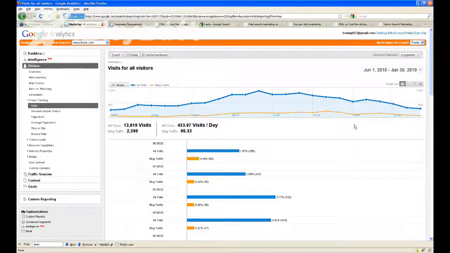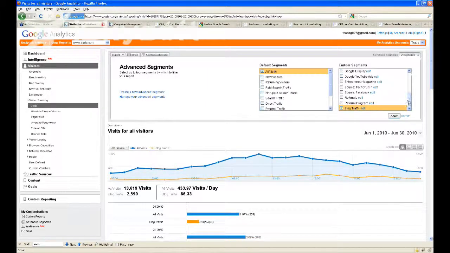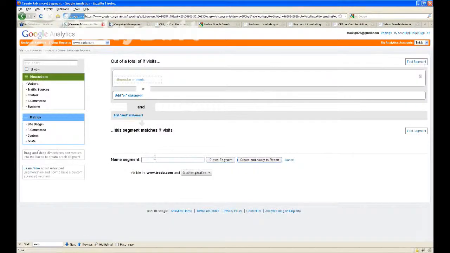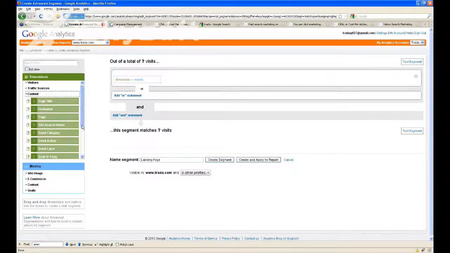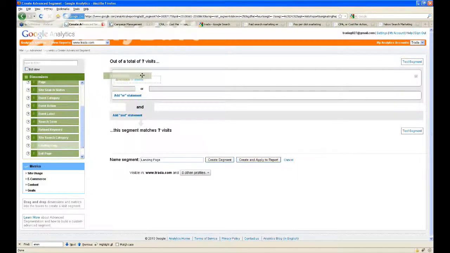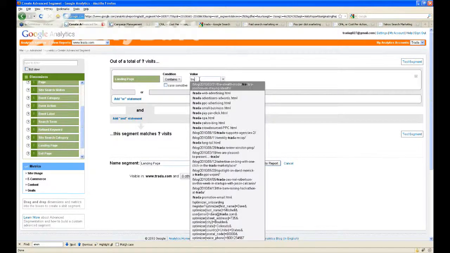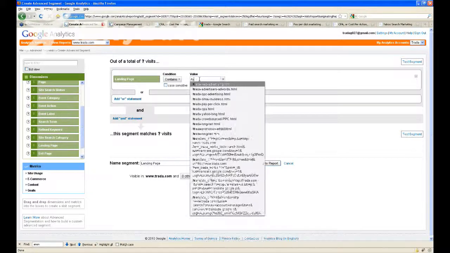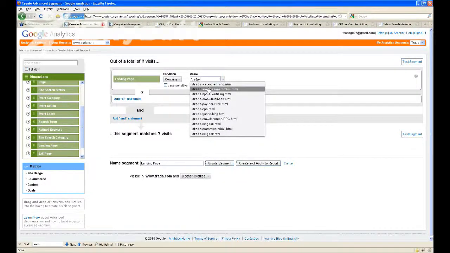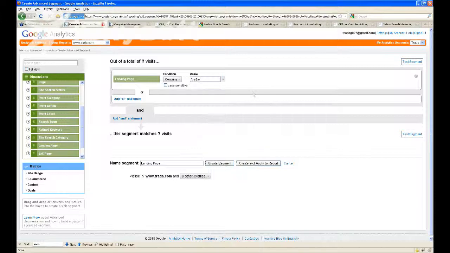Let me show you something that is really interesting. I created a segment. I won't go through the process again. Oops, actually, I will go through the process again. Let me create a segment really quickly that looks for just traffic to our landing pages that we've created for paid search. So I'm going to call these landing pages. We're going to do the exact same thing again, where we go in and create landing page contains, and the way that things work in Trada is that every landing page we name Trada dash something. So these are all the custom-built landing pages for our AdWords campaign.